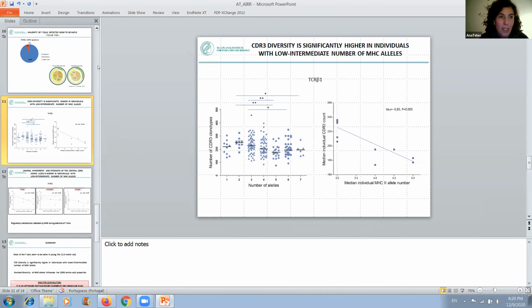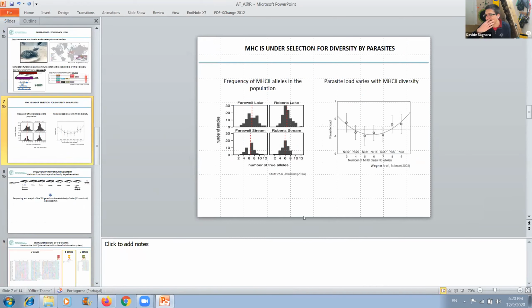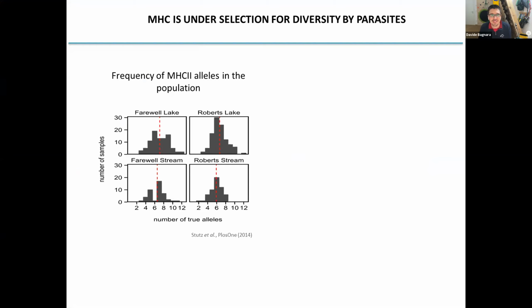So probably about the MHC, no? There is a follow-up, still from Jamie. Is the optimal number shared across species, maybe? Okay, number of alleles. This typing was different from ours, but these are fish from Canada, and they have a higher number of MHC too. But here it was 6. It might vary between species.